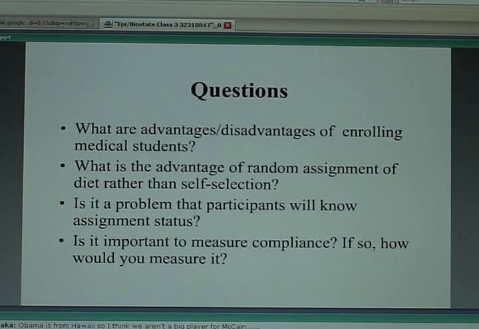Randomization, though, when you flip a coin, has roughly a 50% chance of getting a head and a 50% chance of getting a tail. It's going to be exactly that if it's a fair coin. So if you have 100 students and you flip coins, I would roughly expect 50 of them to be put into the spam group, 50 of them in the non-spam group. And statistically, that's a much better design to have. 50 people in one group and 50 people